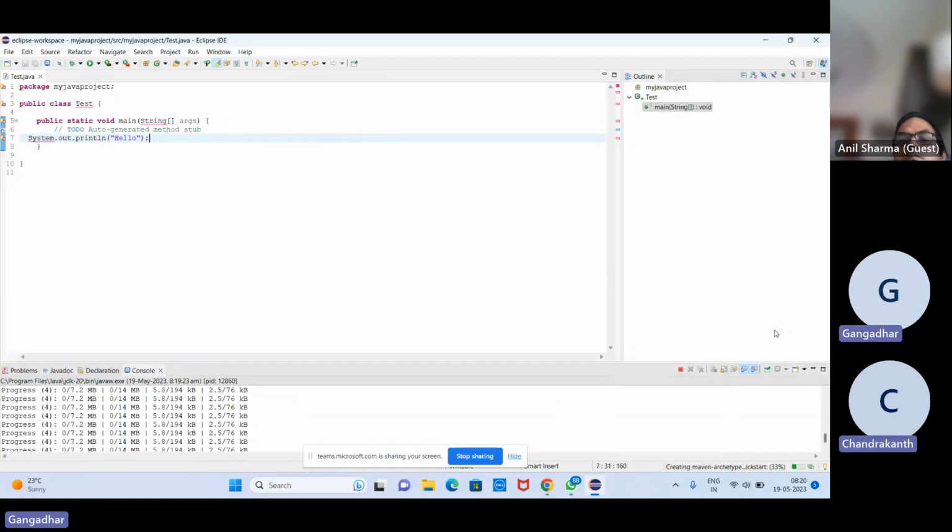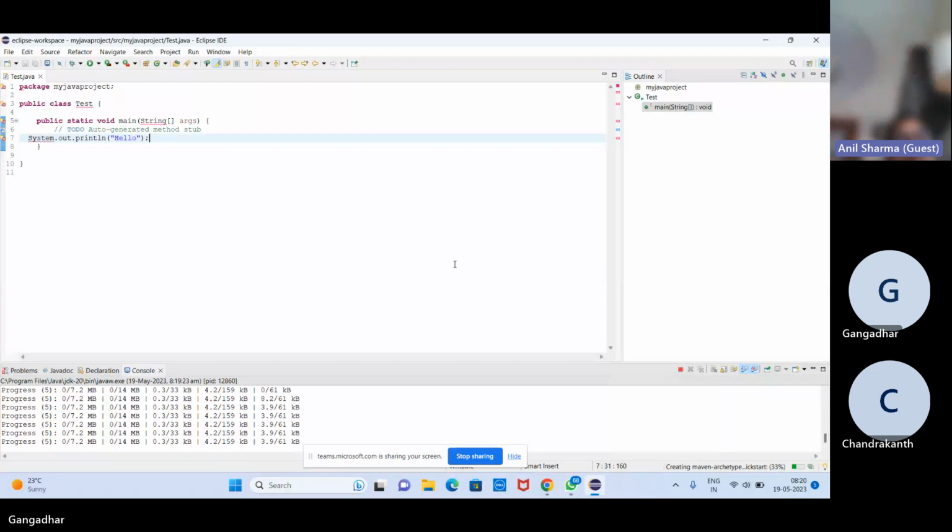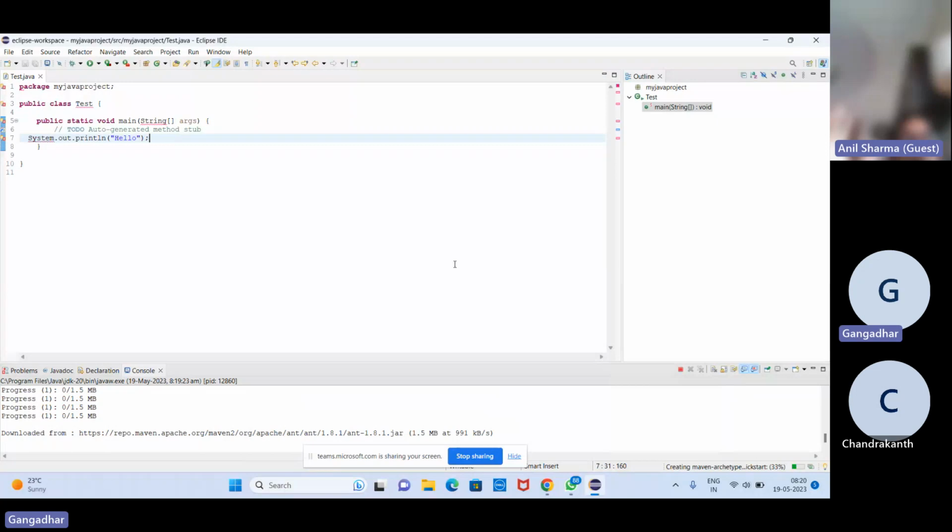I saw artifact ID, what artifact ID means. Group ID and artifact ID. So now, whenever a developer develops a web application or any project, in your pom.xml, if you open pom.xml after this Maven project gets created, the first thing you see,